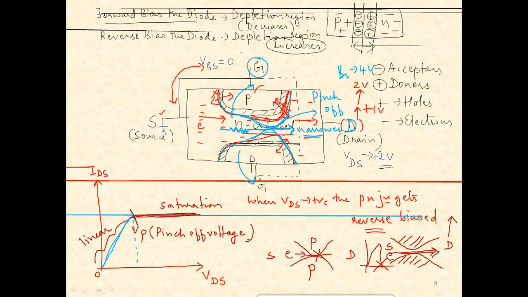Further, what will happen if I increase VGS from 0 to positive voltage, or maybe from 0 to negative voltage? What will happen to this particular current characteristics? See, this is when VGS is equal to 0 volts. What will happen if I just increase the gate potential? If I apply a positive potential to it, or if I apply a negative potential to it, what will happen to the resulting current? Those things we'll try to discuss in the next class.